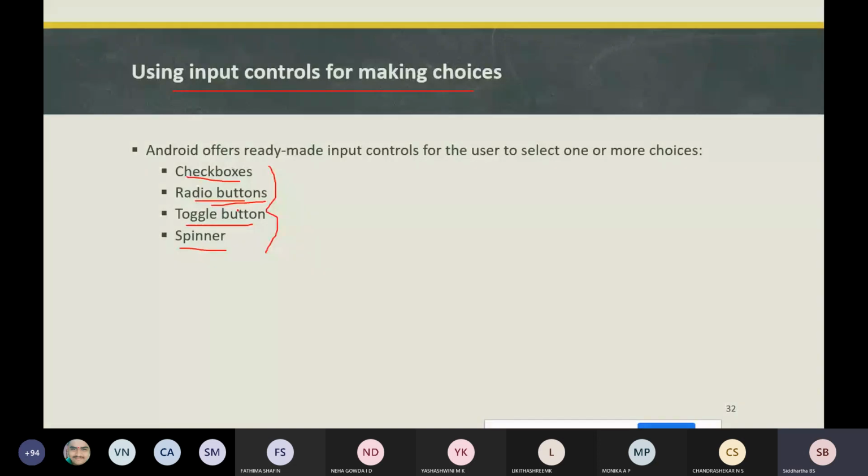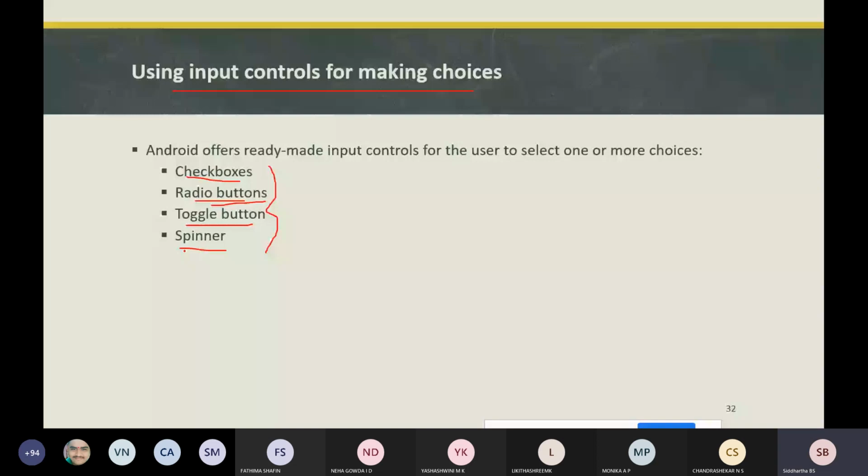Next is toggle buttons, which switch the state, one state out of two or more states, likewise on, off, something like that. Now spinner means selecting one value from a set of values in a drop down. Within the drop down menu, you will be selecting only one. For example, if you want to select your country, you will have a drop down button with the list of all the countries, and whichever country it belongs to, we will select India. That's the spinner.